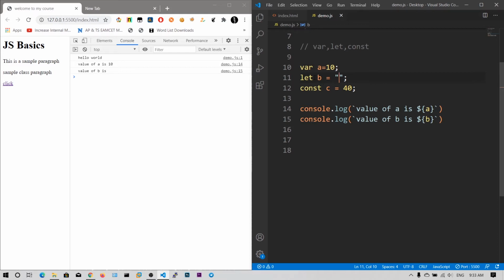You can just say let b is equal to a string, let's say hello world. So now the value of b is hello world. You can simply assign a string or number or a floating point value to a variable without worrying about the data types. And to check the type of that variable, you need to